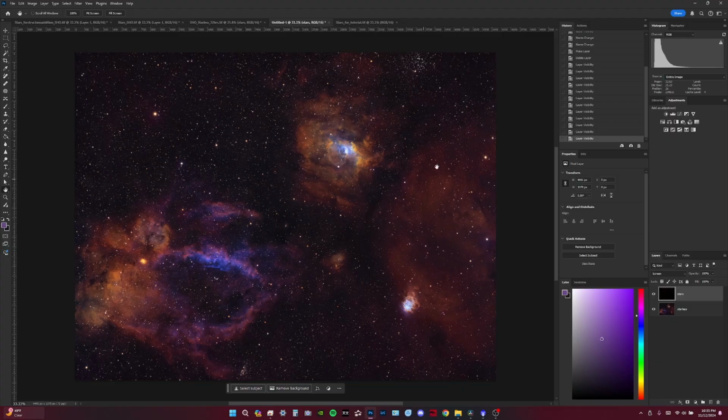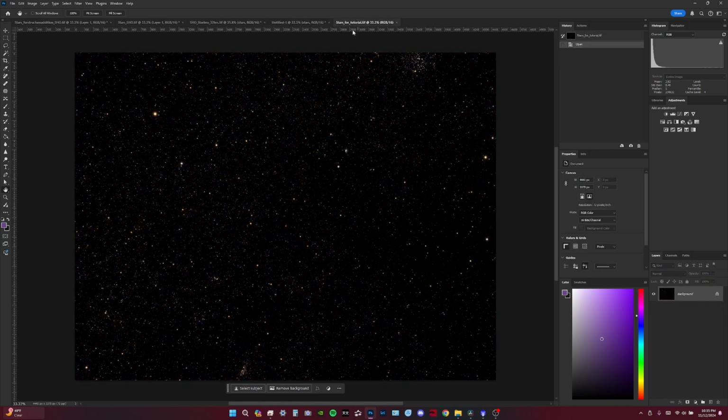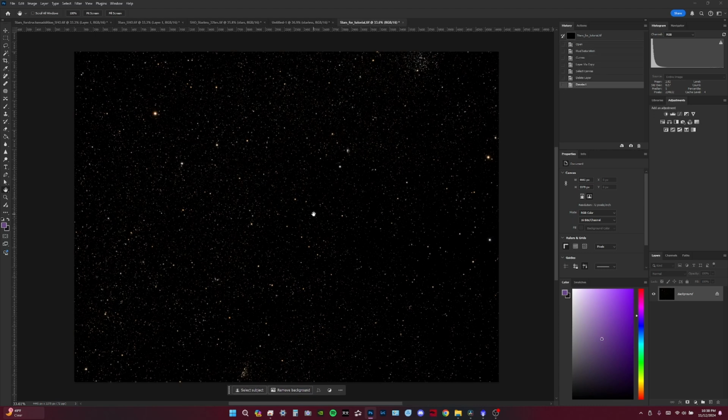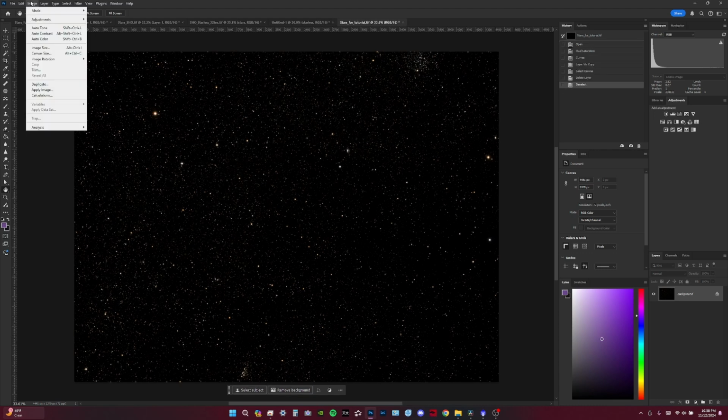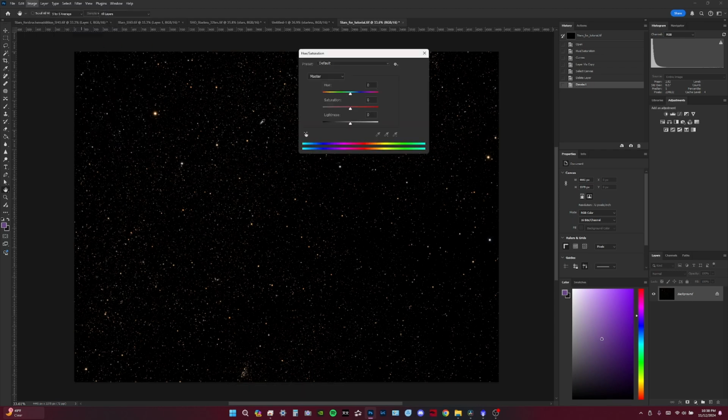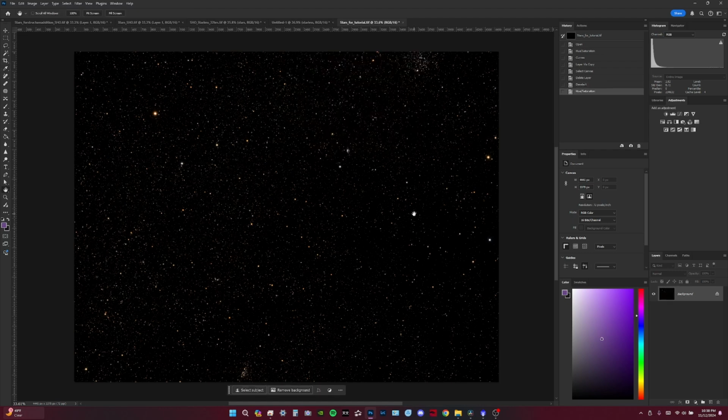We're going to be working with this SHO image of the bubble region in Cassiopeia, and this is our stars only image that I got out of PixInsight. The first thing we're going to do to the stars only image is bump up the saturation a bit by going to Image, Adjustments, Hue Saturation. And we're just going to bump that up maybe to about 30 just to get those base colors kind of